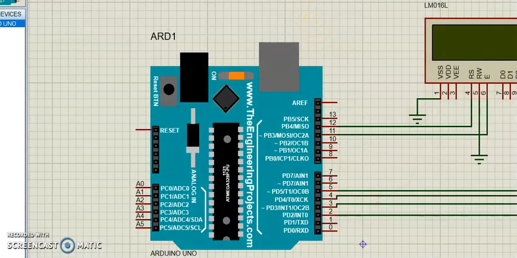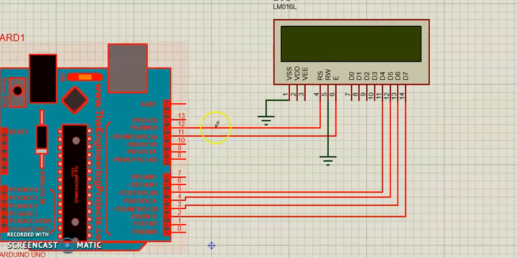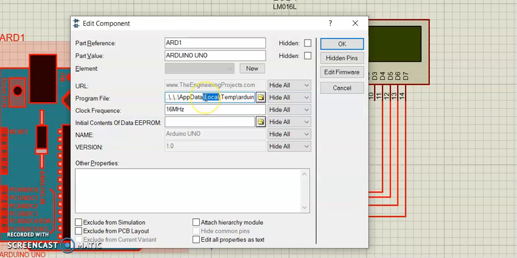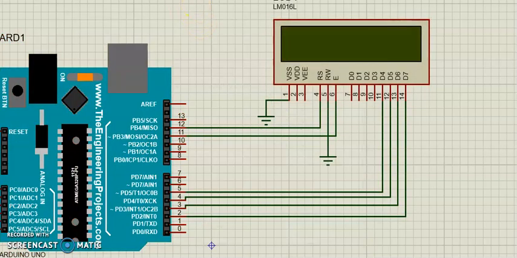Okay. So now let us paste the path over here so that this Proteus configuration will be ready to work with the code that we have just discussed. So now I am going to run it.